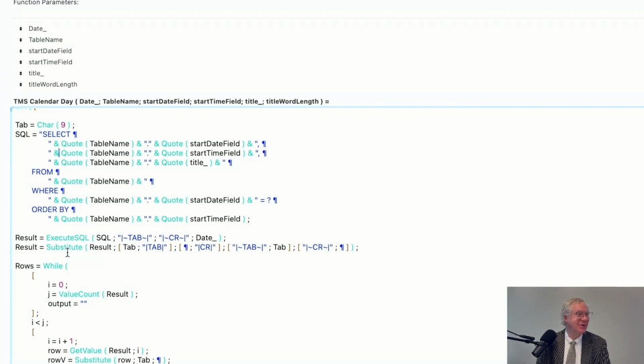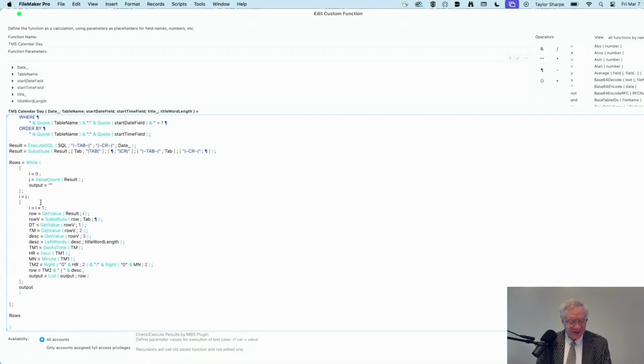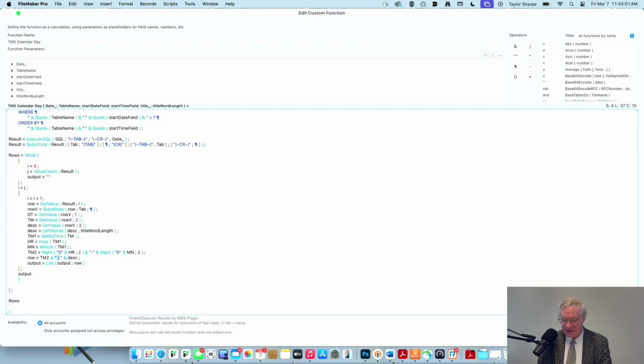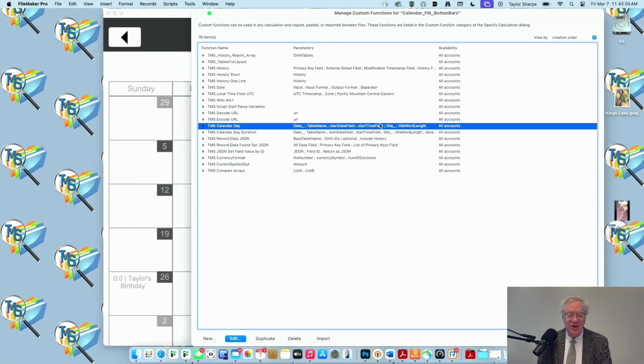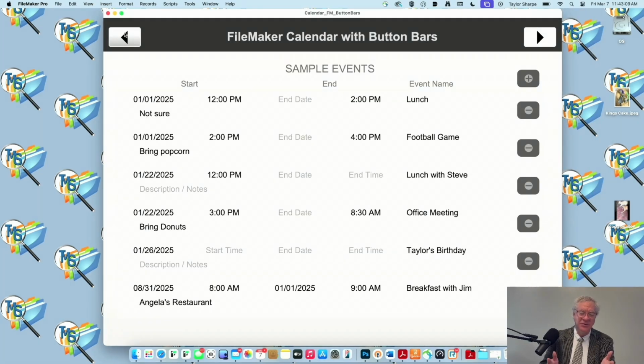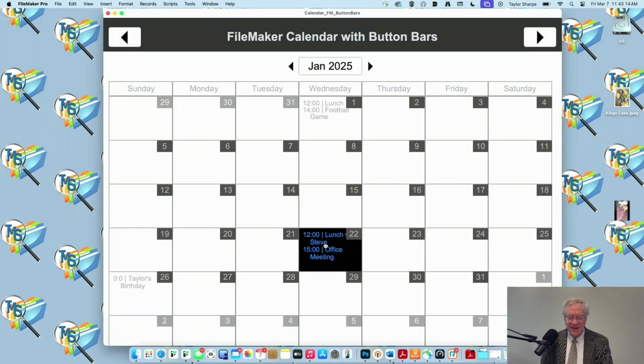But it's just a SQL call to go get the events of the day and list them, and then it sorts them. And then I went down, and for formatting purposes, I put a bar between the time and the description. So obviously you can do any calculation you want for how you want to display the data, but it's all just a FileMaker calculation, and that's just a custom function that I call on each of the days to make a SQL call that goes over to the events table and puts whatever's in there. And it all interacts, and it seems to work pretty well.